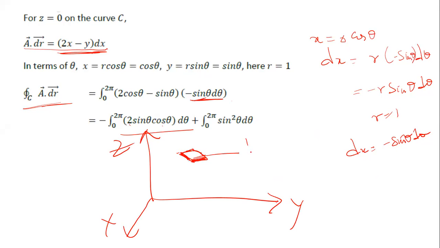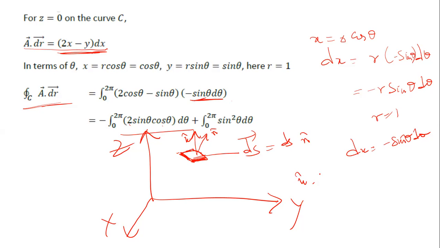So this is your dS, and when you write your dS vector, this is the magnitude times n cap, which is the direction. Along this z-axis, the direction unit vector is k cap here. So if you take a dot product here,